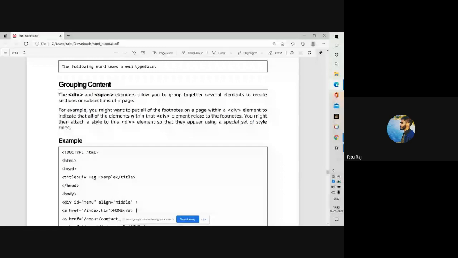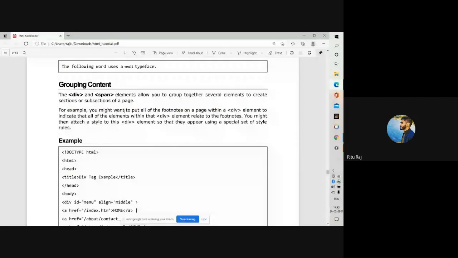These two tag elements allow you to group together several elements to create sections or subsections of pages. It means you have a page, then these two elements help you to create sections of pages, as many sections or subsections in pages as you want.